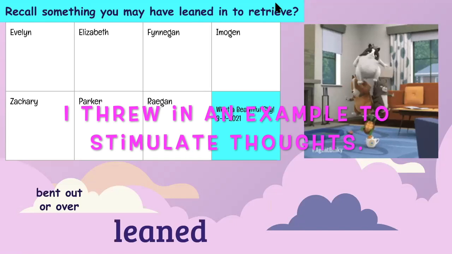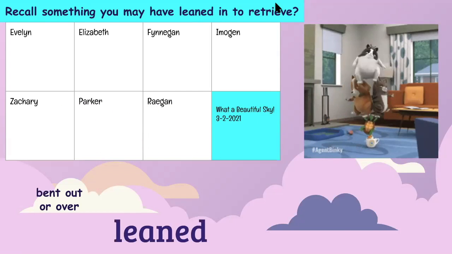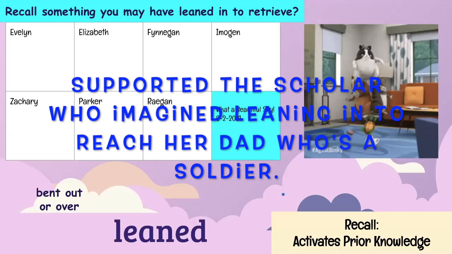Imogen, something you might lean to get. Nothing. I haven't leaned to get anything. Thank you. Mrs. Burroughs just leaned over because I dropped my pen. Finnegan, something you might lean over to get. Actually, I will lean over for my pencil. Yes, I love it. Thank you. I'm doing it right now. I love that you self-corrected with that great explanation. When I'm standing up, I'll lean.